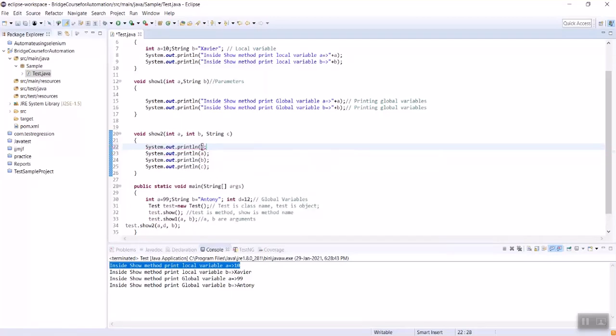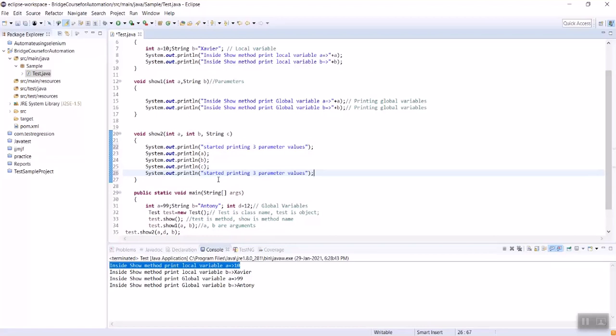So let's print the first one, printing 3 parameter values. Started printing three parameter values.